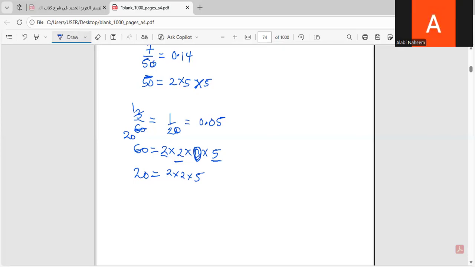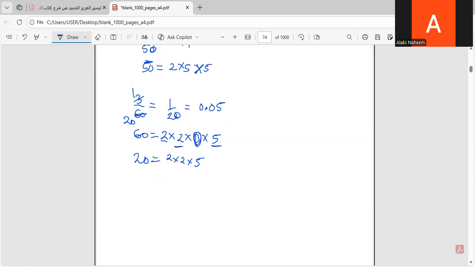And let's see a case for that. If we have, for example, 4 over 7. 4 over 7 now is in its simplest form, right? But then the denominator contains a number other than 2 or 5, which is 7. We said it should be 2 or 5 or a mixture of the two. But it's having 7 now. So let's see, 4 over 7 gives what? 4 over 7 is actually